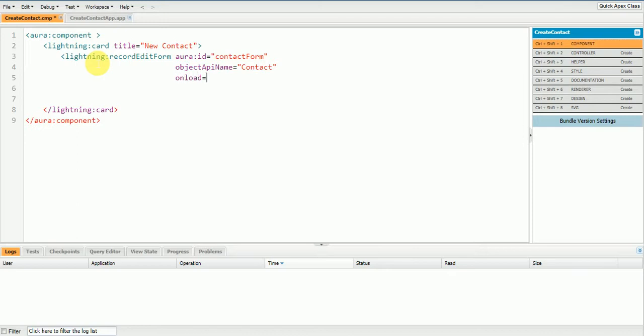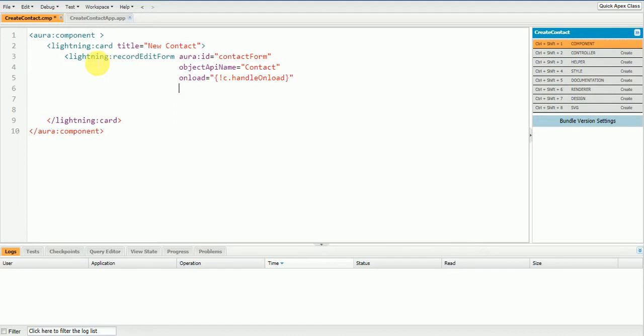Onload, I'm going to call the function handleOnLoad. And on submit, I'm going to call the function handleOnSubmit.